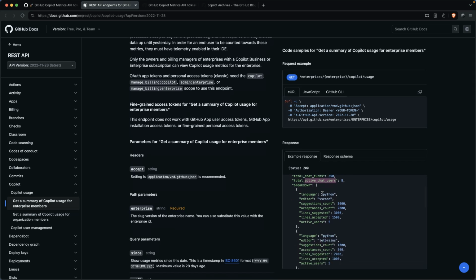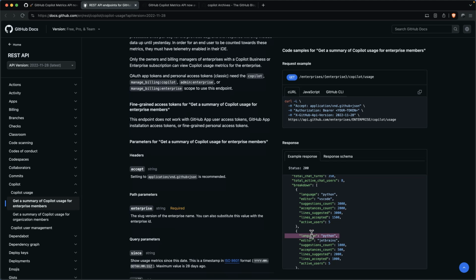You do have some breakdowns here by IDE, for example, a VS Code versus a JetBrains IDE. Also get the language slice, if you will. So this is a subset of the suggestions as they pertain to people using the extension in a given IDE. And once again, overall, how is that going to give you any sort of information that's going to have any meaningful impact in the work that you do? So what? A lot of people use the extension inside of VS Code, and almost nobody uses it outside of